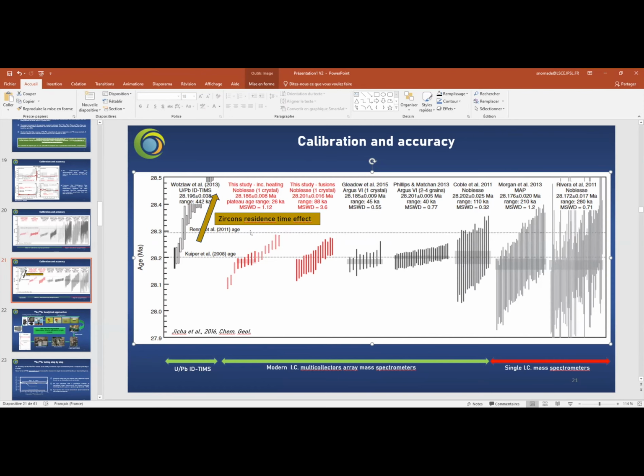So which seems to produce in basalts of the Deccan the same age as uranium-lead, but using Kuiper et al. and Min et al. on basalts, you find a difference between uranium-lead and argon. Yes, so now I understand better your conclusion at the end. Showing that you had some discrepancy between the uranium-lead measurement and the argon measurement.